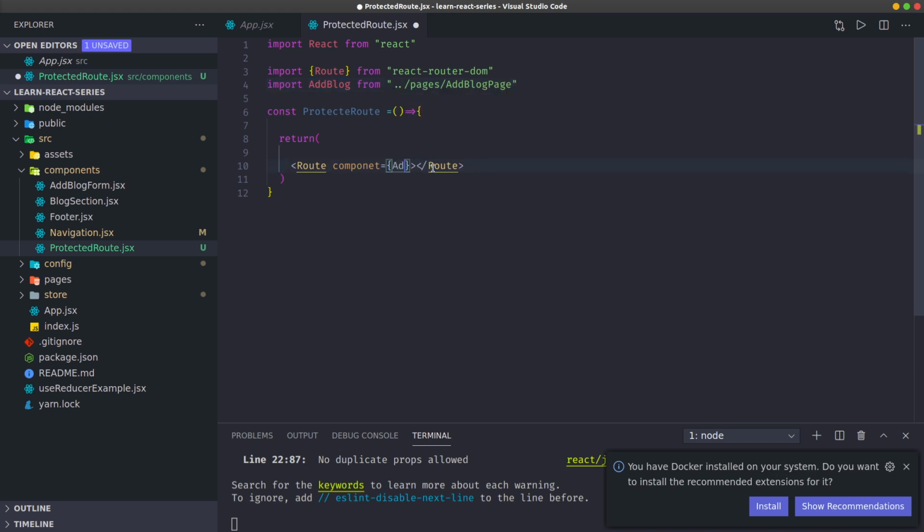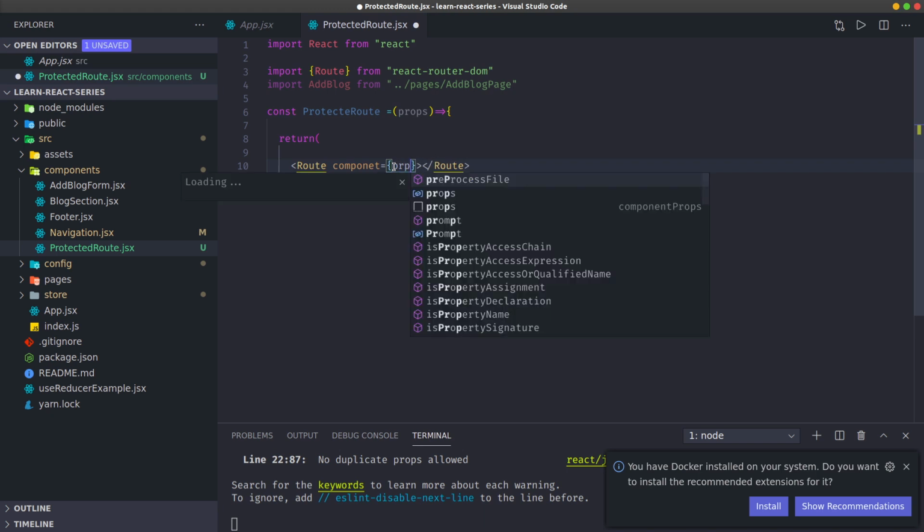But imagine now you have a lot of pages to protect. I don't want to create a protected route for each of them. What we want is for this to be a variable. And how do you do it? You pass it as a prop. Quite simple. Pass a prop here. You can say props, like that, and then I can say I want it to be prop